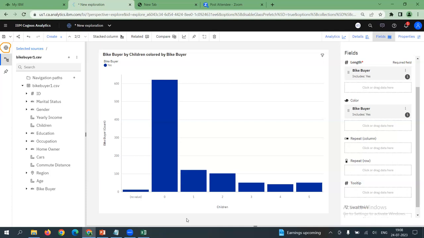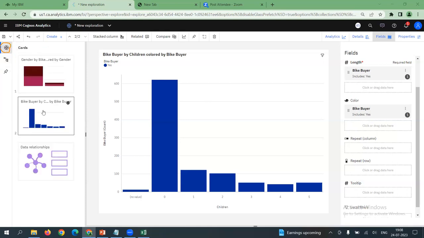Hope everybody is clear how to apply the filter. If you want, you can apply the filter or remove it. You can see when I applied the filter, we have included the yes category. Now, if you go to the exploration section, please notice that one after the other, the graphs are added to the exploration project. They are piling up in the list.